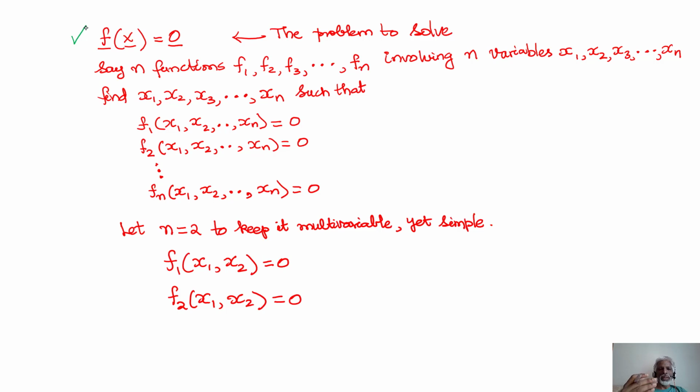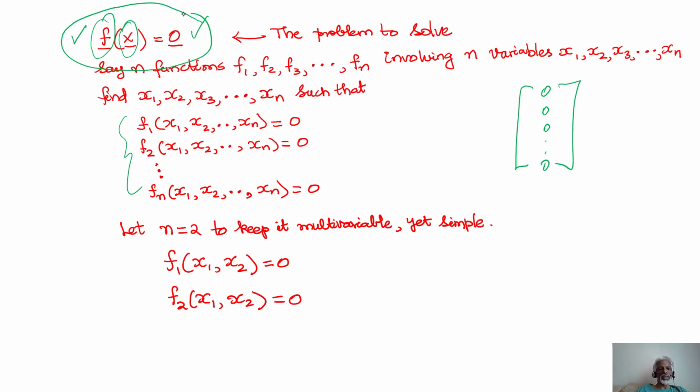But in contrast to what we learned earlier, now you're going to have f as a vector. That means there are going to be many f's: f1, f2, f3, f4, f5, fn, as illustrated here. There are n functions: f1, f2, f3, fn. And the unknowns are represented by this vector x underscore. X underscore means it is a vector that contains the unknowns x1, x2, x3, x4, xn. And the right hand side is the zero vector, right? A vector of n zeros, 0, 0, 0, like that. There will be a total of n zeros here. So that is what this abstract expression tells us.